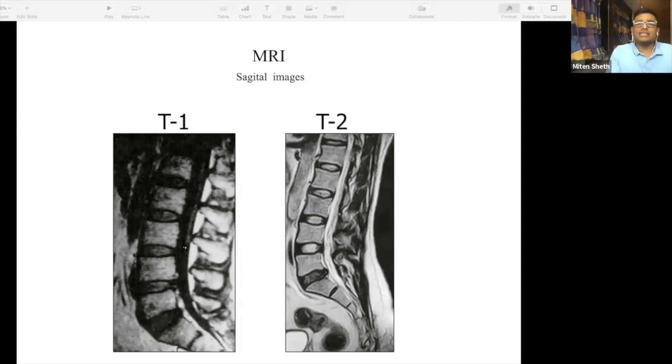When you have the sagittal image in front of you, you have to start differentiating which is a T2 and which is a T1. A T2 is where your spinal canal is going to appear white because it is full of CSF, which in turn is water. So in a T2 weighted image, this is going to look white, whereas in a T1 weighted image, this is going to look black. That is how you differentiate sagittal T1 and T2 weighted images.